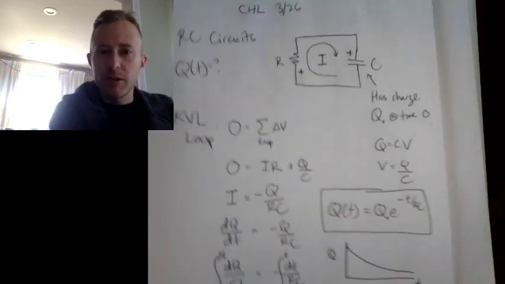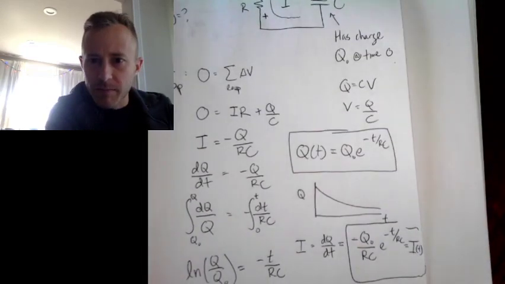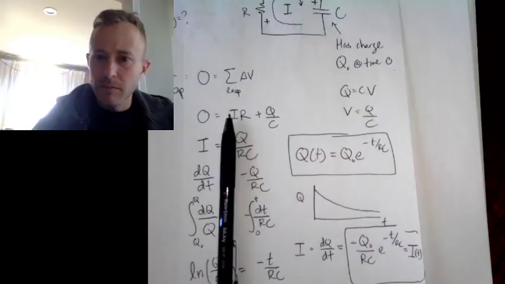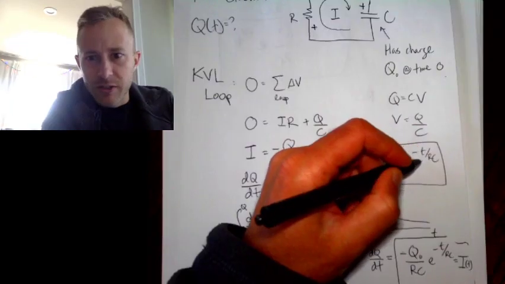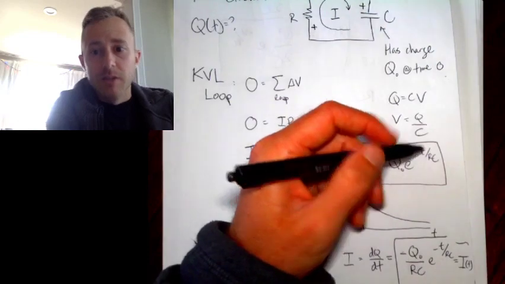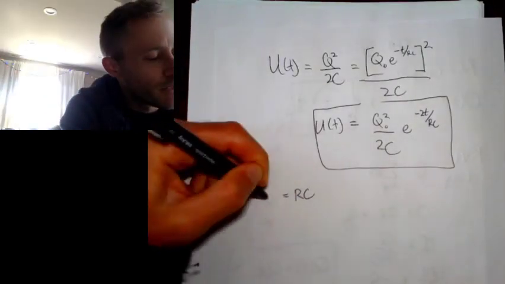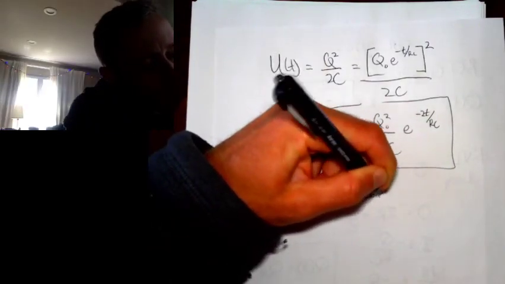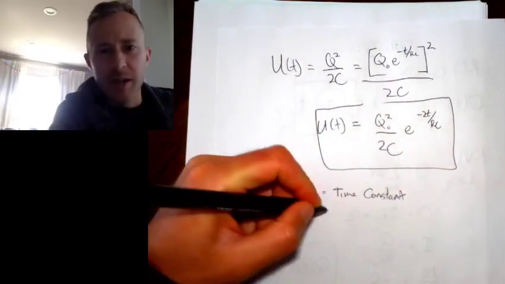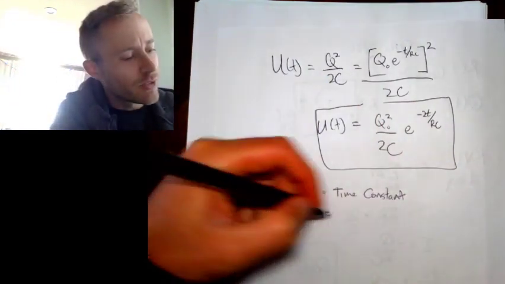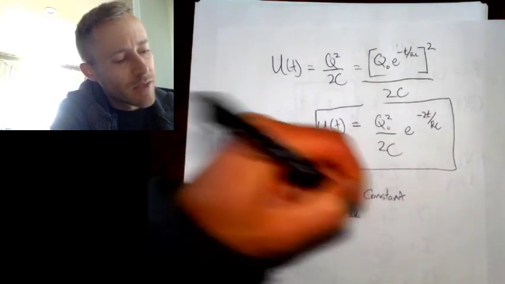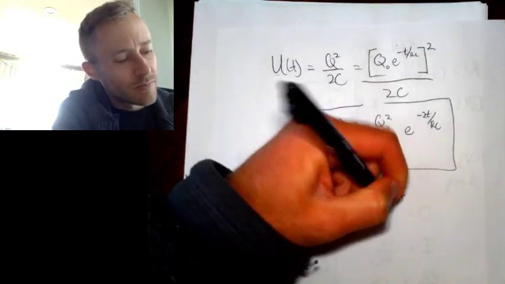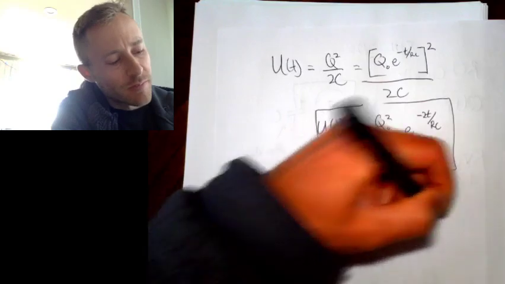Okay, there's a request to show the equation for current. It's right here. How RC gets compared to time. So RC is called tau, which is equal to the time constant. Okay, and the time constant is the scale at which the capacitor